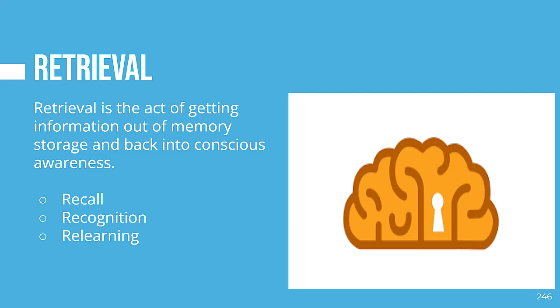Relearning is when you just sort of have to brush up on a skill or concept so that you can work with it again. An example of relearning might be attending a review midterm session. Since you already knew the information at one point, relearning it will be quicker because there is residual information in your long-term memory that will aid in the learning process.